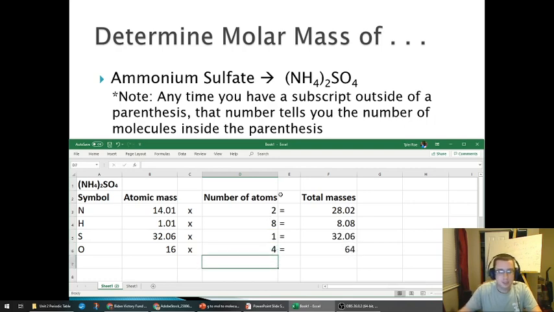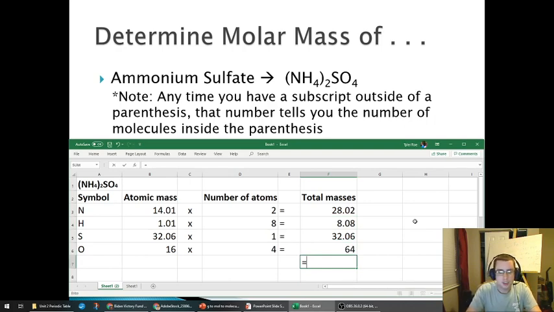Now I've got it set up so it already did the math for me, but then you would take your atomic mass, multiply by the number of atoms, which is basically what we just did on the last slide, to get your total mass for each thing. So I know nitrogen is going to have a total of 28.02 in it, 8.08 for hydrogen, 32.06 for sulfur, and 64 for oxygen. Once you have all of those things together, then you're just going to simply add them